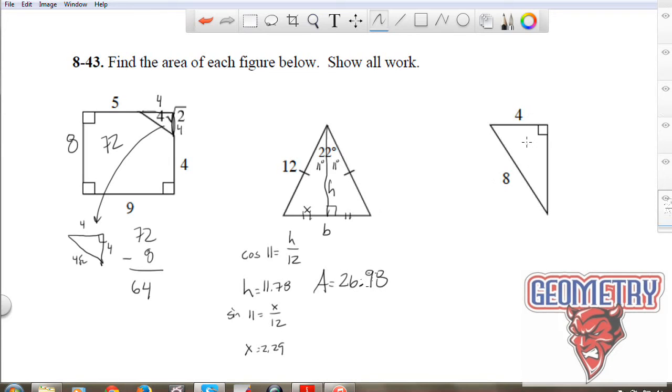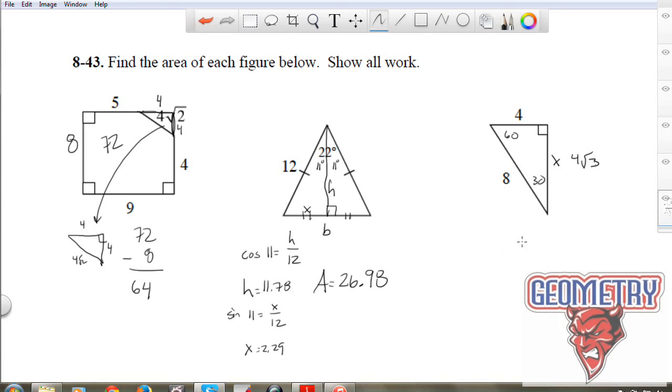And then this last one here, so we have the base, we need to find this height, x. We have two sides of a right triangle, we need to find the third. So we can do Pythagorean theorem, 4 squared plus x squared equals 8 squared. Or I also noticed that this leg is half of the hypotenuse. In a right triangle, if the leg is half of the hypotenuse, that tells me it's a 30, 60, 90 triangle relationship. Right? So the short side is half of the hypotenuse there, which means the long side is 4